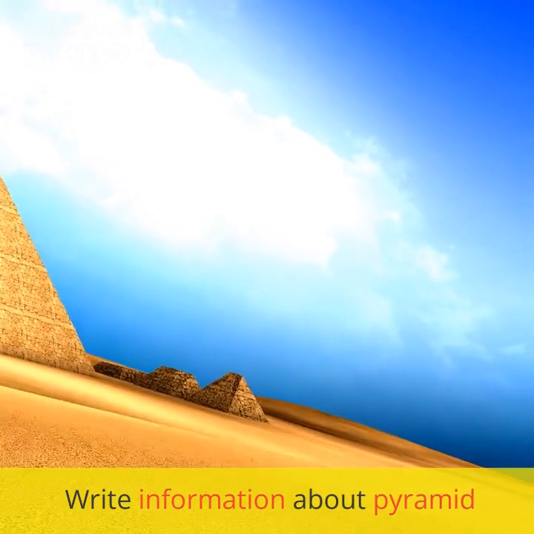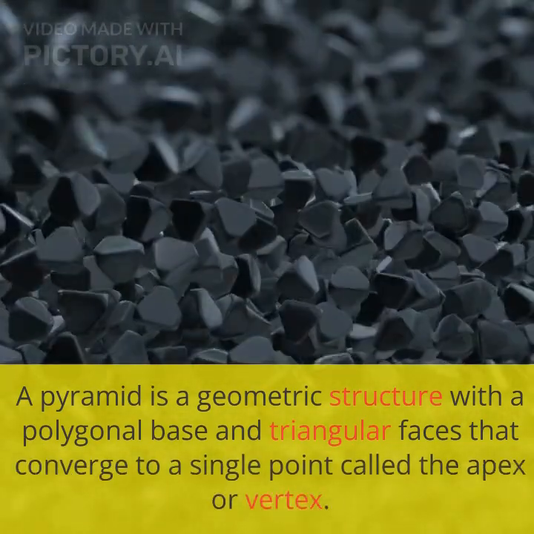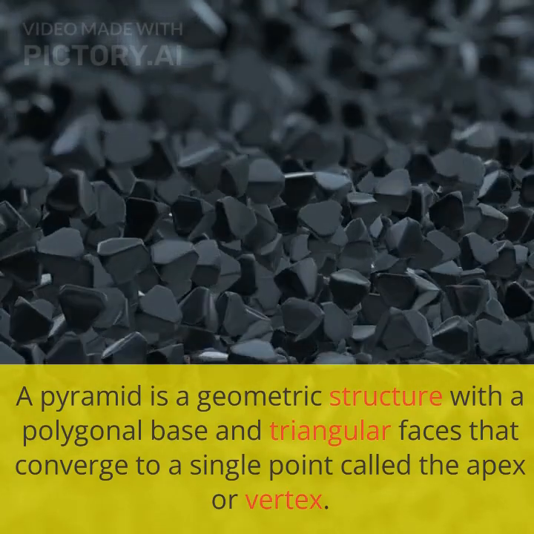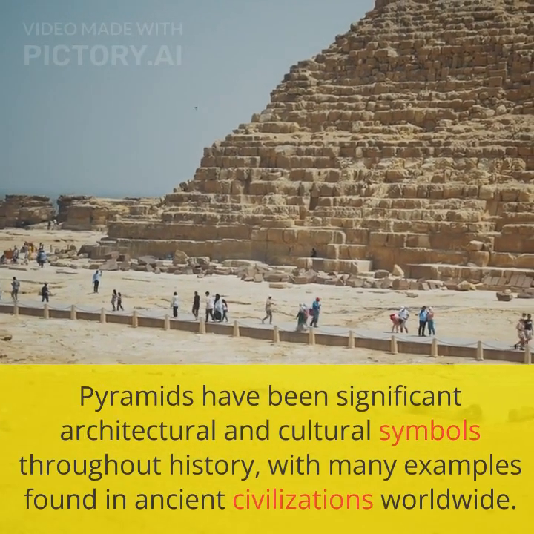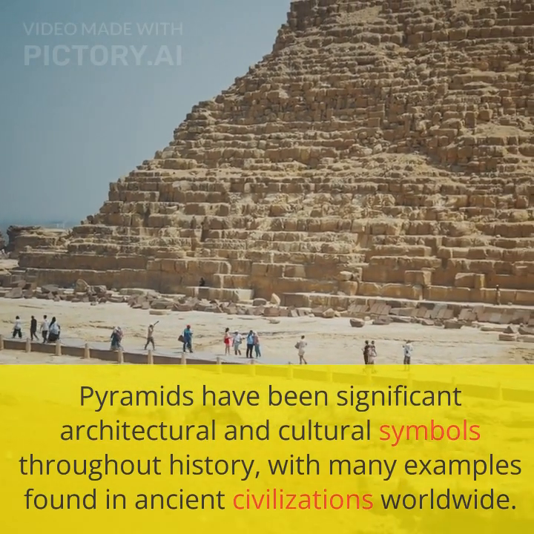Pyramid info. Write information about pyramids. A pyramid is a geometric structure with a polygonal base and triangular faces that converge to a single point called the apex or vertex. Pyramids have been significant architectural and cultural symbols throughout history, with many examples found in ancient